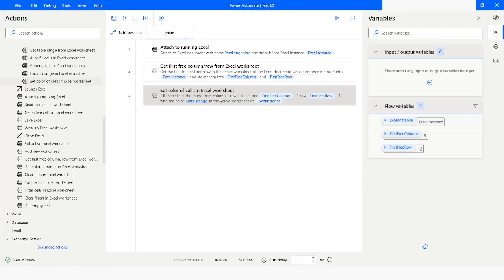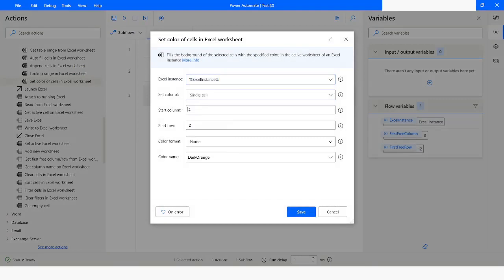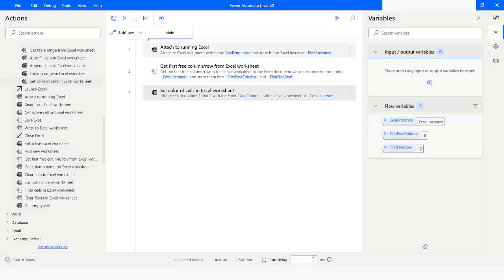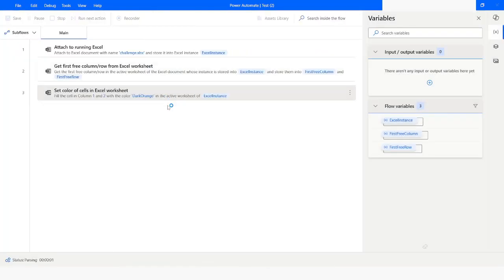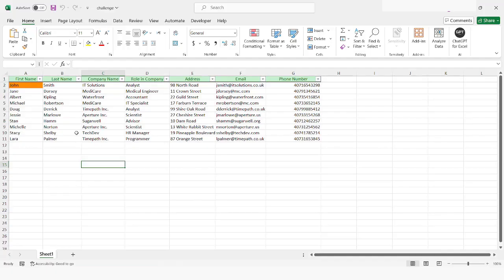Now I will open the set color of cells, and here I will choose, let's say, a single cell. In that case I have to specify the start column and start row. So consider that I want to change the data of the start column, which is 1, right, and start row is going to be 2, and then I will click on save, and then I will run the bot. And now here you can see that the color of this cell has been changed,